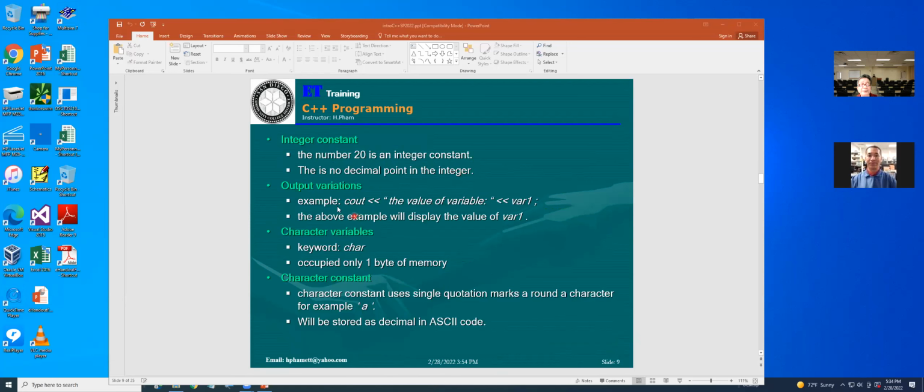Output operation. Now you can see in the lab software, they're using print, whatever they want to print out. However, in C++, they're using cout. What is that operation? Who remembers, tell me.